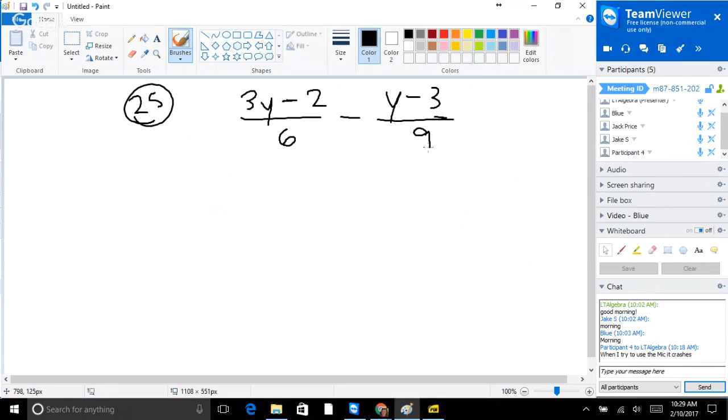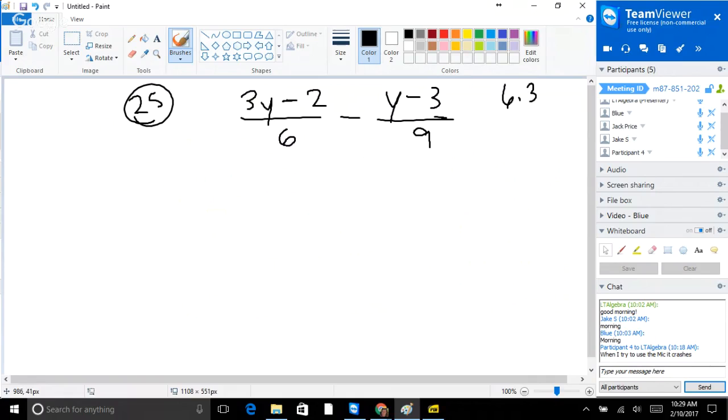So far, we've had denominators that are already the same. That's awesome. We've had denominators where we have to change one into the other, but sometimes we just can't change one into the other. Like we can't make 6 turn into 9 without multiplying by a fraction, and nobody wants to multiply by a fraction, right? So if I look at 6 and 9, my lowest common denominator for both of those is going to be